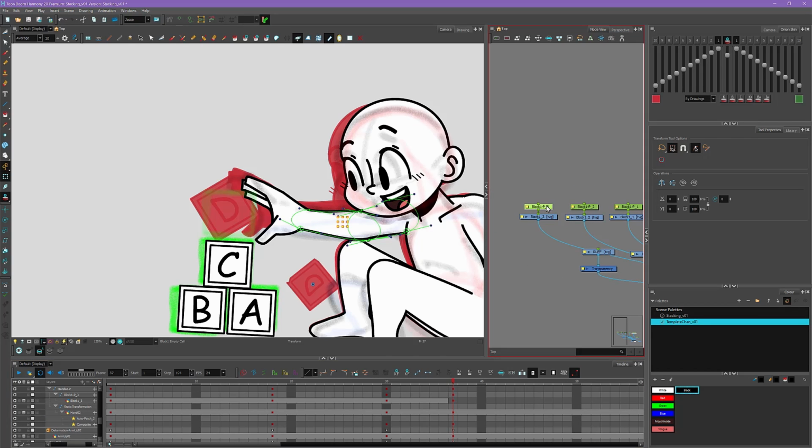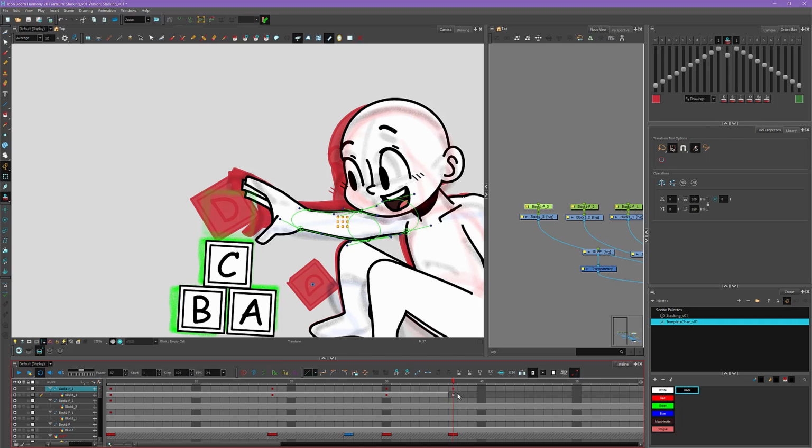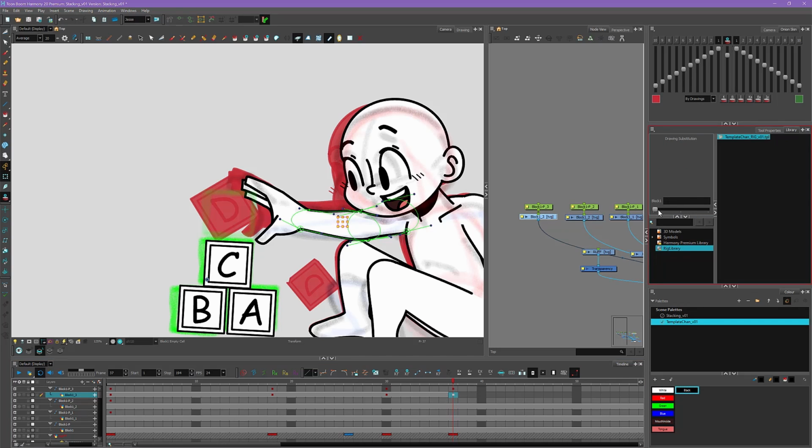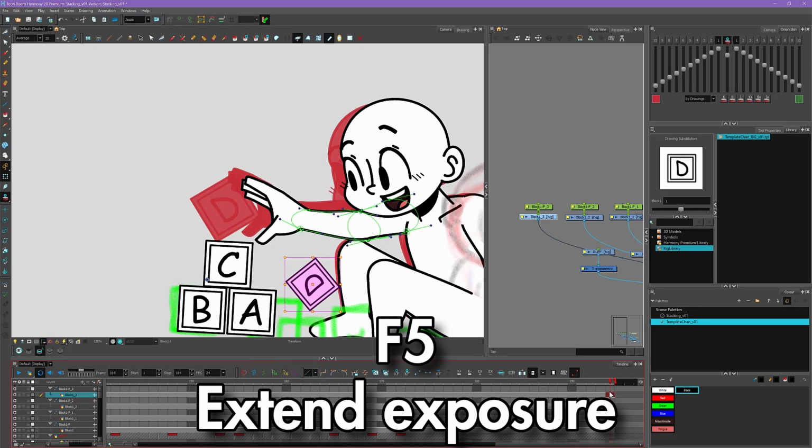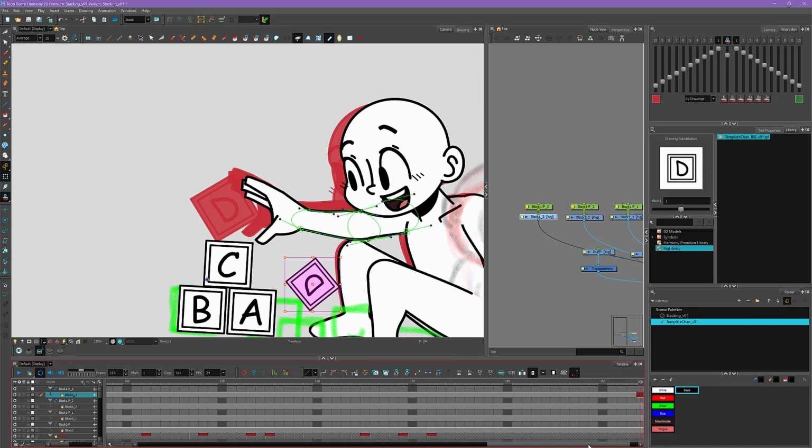And then I'm going to highlight that peg, press O to navigate to it, and this is doing the opposite of what we want. So we want the frame to appear here. So I can go to my library, select the first frame, that's the one without the corners cut out from it, and then I can navigate to the end of my animation, select the last frame, press F5 to extend that exposure so you can see it's exposed all the way.